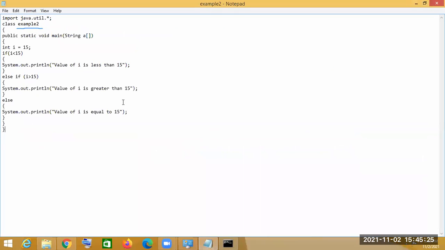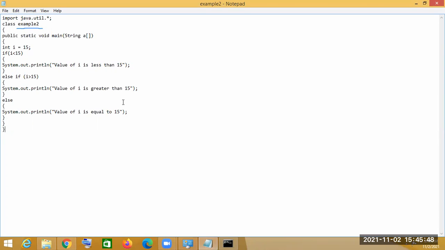So this is the first program we have shown. We have seen how an if-else condition program can be done. Now we will see an if condition. Let's say only an if condition is given and no else option is given.